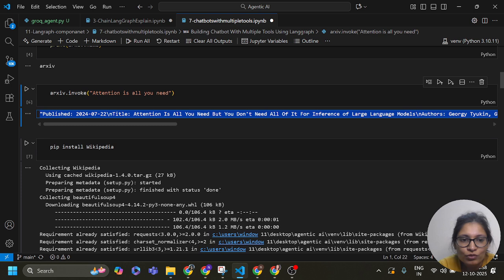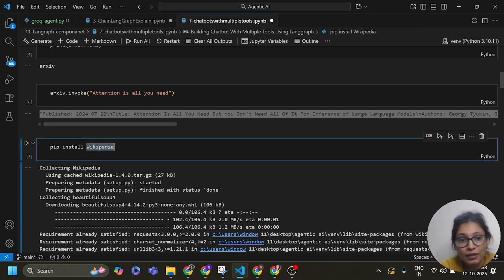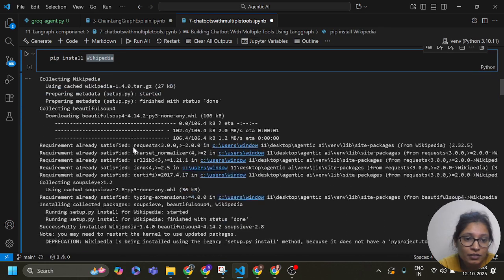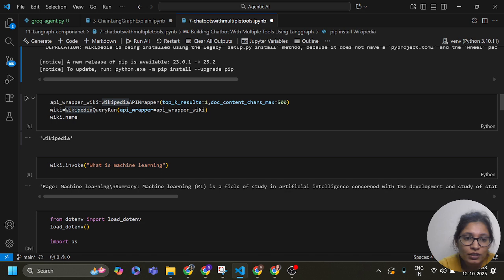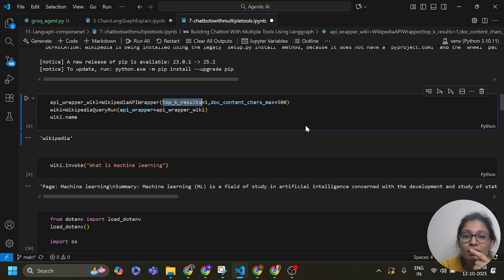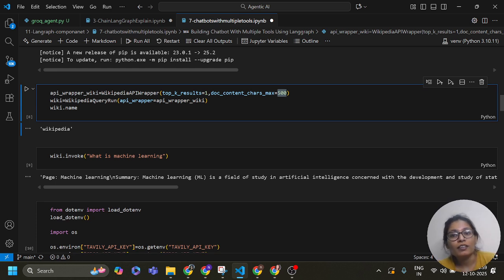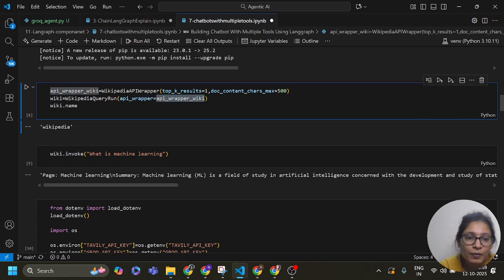Now I'm going to install Wikipedia, so pip install wikipedia, so that we can get answers from Wikipedia. Here I'm going to use api_wrapper_wiki, which is the Wikipedia wrapper. This is top_k_results, so that we get the top 1 or 2 results, whatever you need. Change the number here if you want the top 5 or top 6. After that, doc_content_chars_max equals 500. Then wiki equals WikipediaQueryRun with api_wrapper equals api_wrapper_wiki. So wiki.name